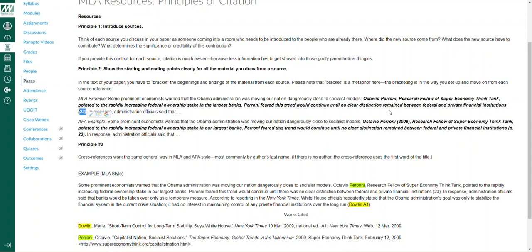Now, this does not have any quotation marks, so therefore it must be a paraphrase, and we are using the author's name as giving credit, right? So we always talk about authors and what they're saying in the present tense. So then you would also provide some context afterwards and continue the conversation. In response, administration officials said that, and then you would explain your source information.